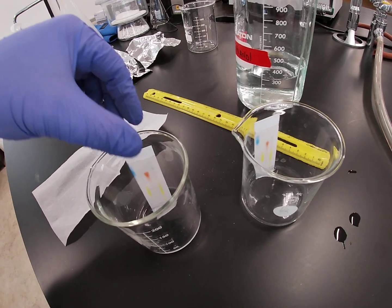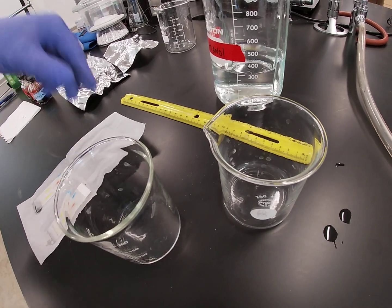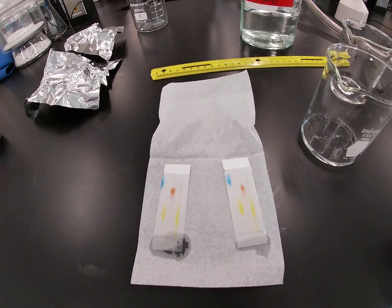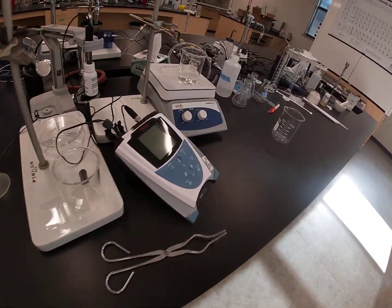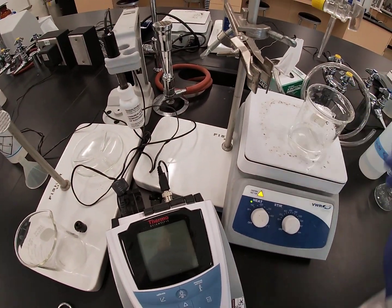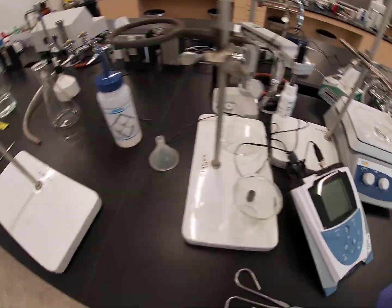And what we're going to do now is take those out and let them dry. And then we're going to do some measurements. So while those are drying, our filtered solution is drying, and our solution of hopefully just salt water, maybe some naphthalene, is heating up on the hot plate to evaporate. We are going to take